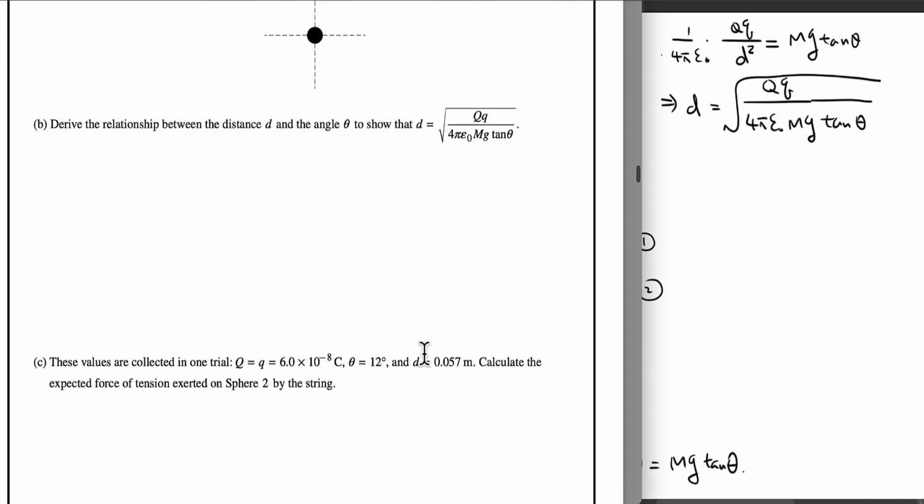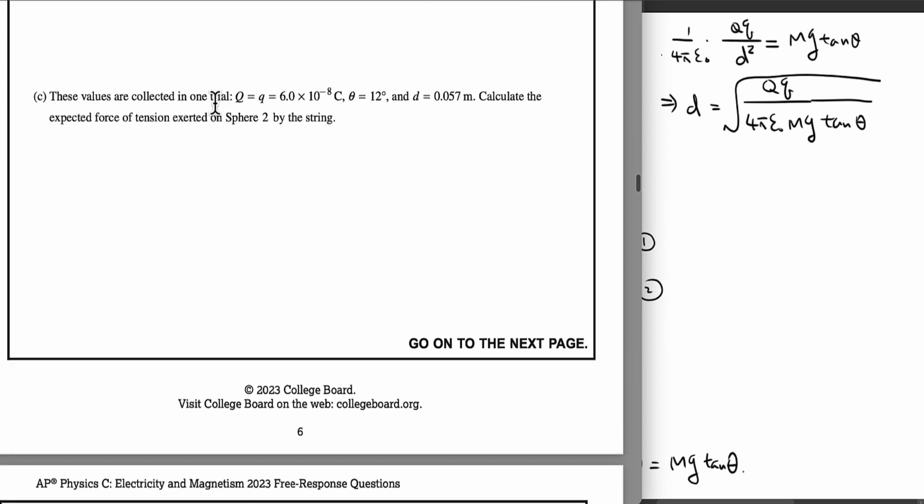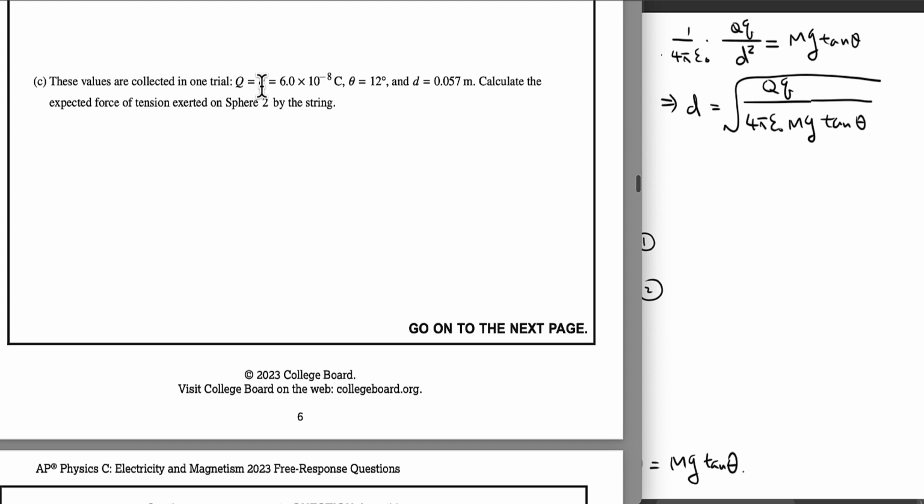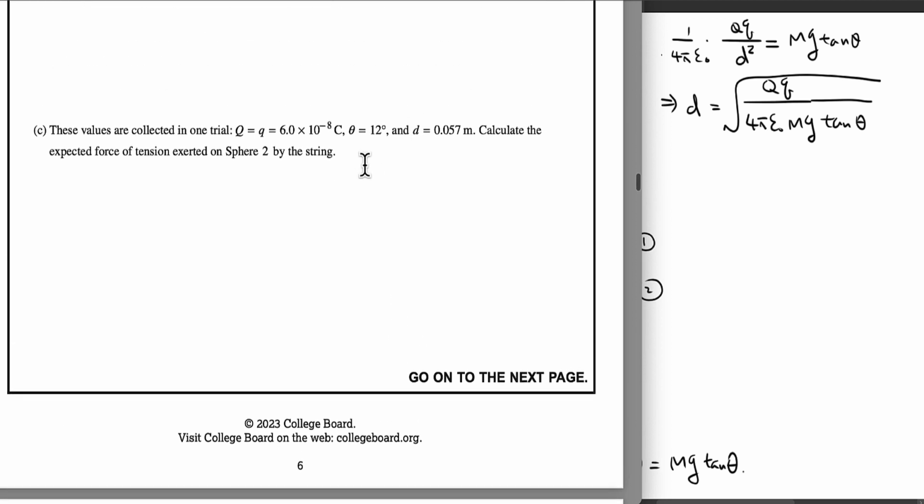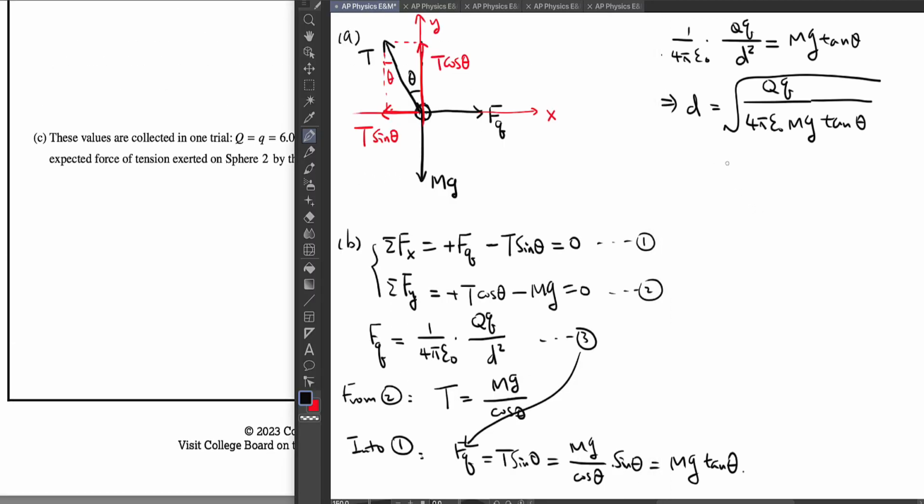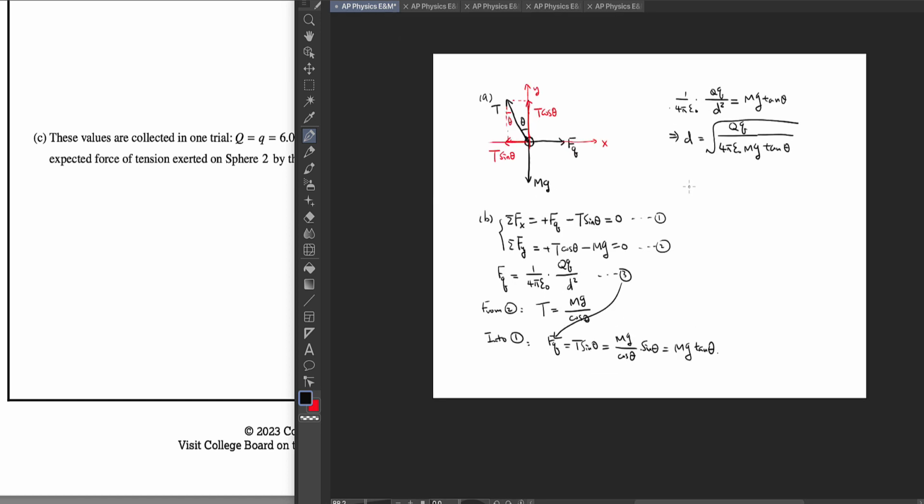All right, so let's look at question C. These values are collected in one trial. So we set the two charges, and then the angle now is 12 degrees. And we also know the measured distance between the two spheres is 0.057 meters. Now calculate the expected force of tension exerted on sphere 2 by the string. So now this question is not about the D here or the angle theta here. They're both given, right? Both given. So this question is about